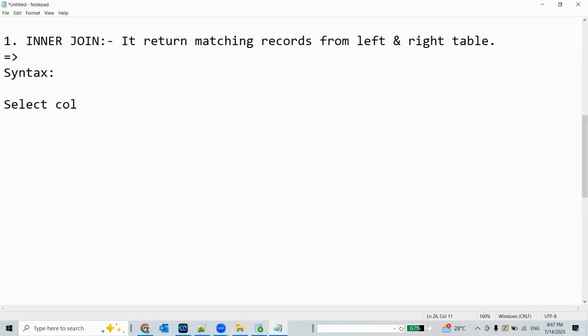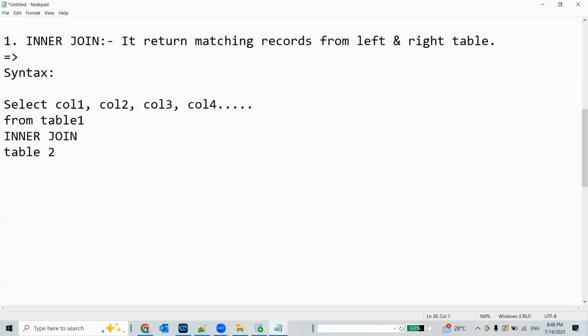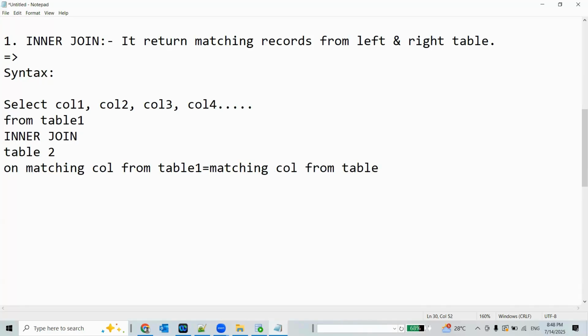Select column name 1, column name 2, column name 3, column name 4, and so on, from table name 1, inner join table name 2, on, and here we have to write the matching column from table 1 equals the matching column from table 2. So here if we are going to run that query,